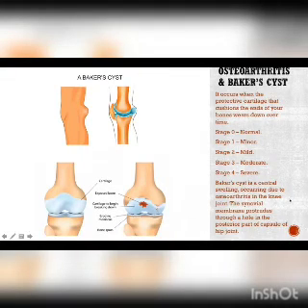What is a Baker's cyst? Baker's cyst is a central swelling occurring due to osteoarthritis in the knee joint. The synovial membrane protrudes through the hole in the posterior part of the capsule of the knee joint. Unlike semimembranosus bursitis, which occurs on the medial side of the knee, this occurs in the midline in the posterior aspect.